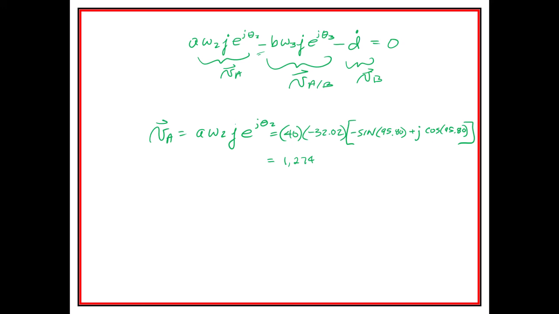And then we don't know if this is positive or negative. I think it's actually going to be positive. Actually, I could probably look at the diagram and tell by that. 32.02, and I already did that. 32.02, and we multiply that, and we end up by 95.8, and take the cosine, and sure enough, that's negative, but it's a very small number. So this is going to be plus J